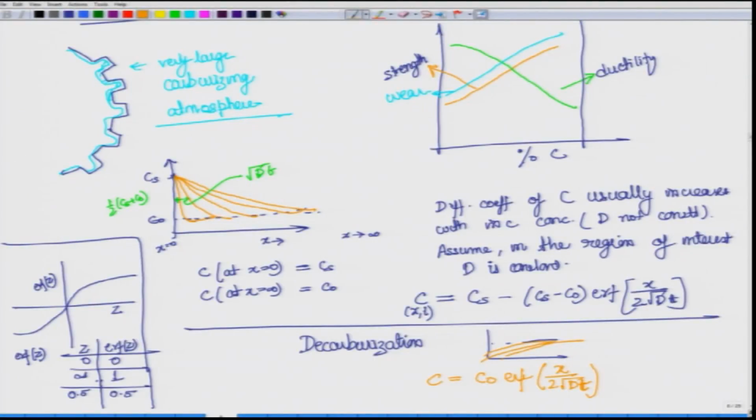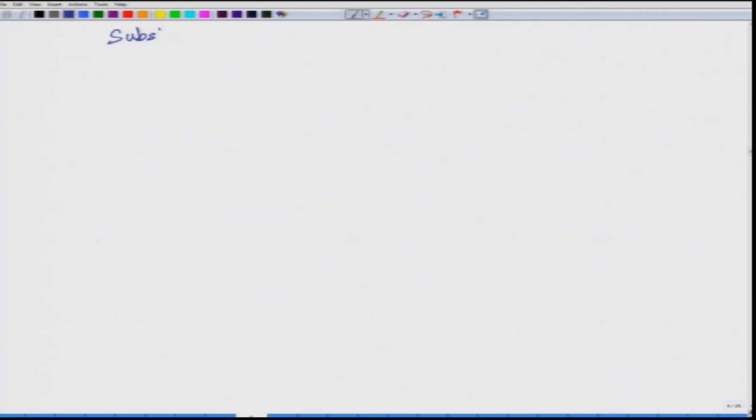What changes is the Q parameter, the delta Q that we talked about, the enthalpy for activation, and you would see that for interstitial it is much lower and for substitutional it is very much higher. And what does that lead to? It leads to very high diffusivity when you are talking about interstitial diffusion and very low diffusivity when you are talking about substitutional diffusion. So, let us try to understand how it is different, the substitutional diffusion.